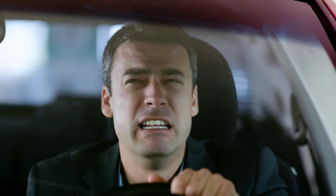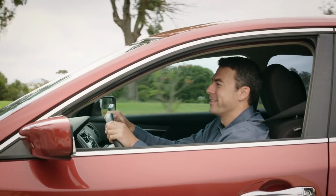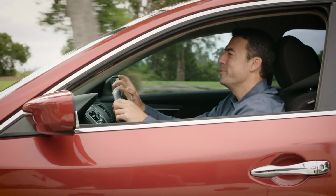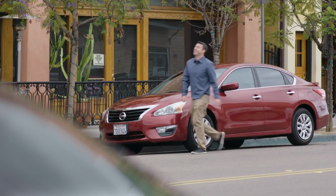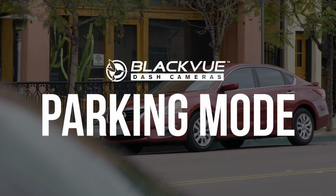Through the good times and the bad times. You and your car have been through everything together. For those times when you have to leave its side, give your vehicle the security it deserves with BlackVue's parking